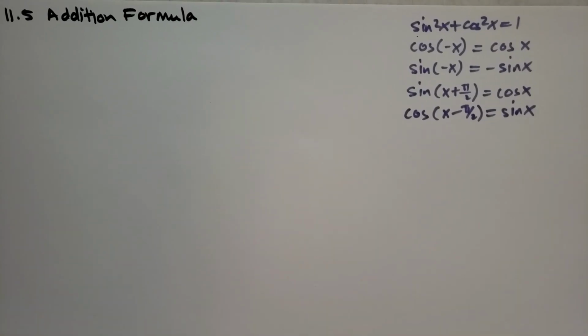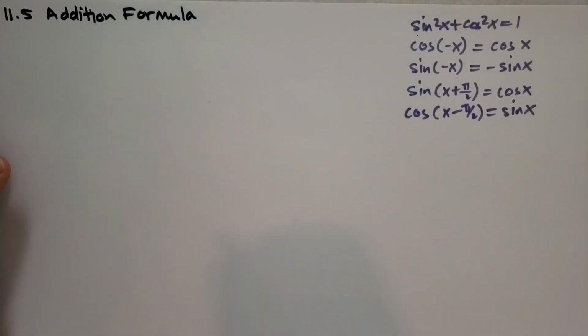Hello everybody, welcome back. This is Jonathan Gardner covering Serge Lang's Basic Mathematics, and this is section 11.5, where we're still in trigonometry. This is the addition formula for sine and cosine. And I've written on the side here some of the identities that we need to remember that we'll be using for proving this theorem. So, Theorem 3